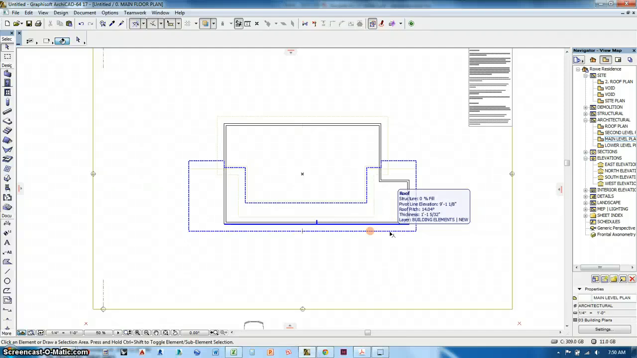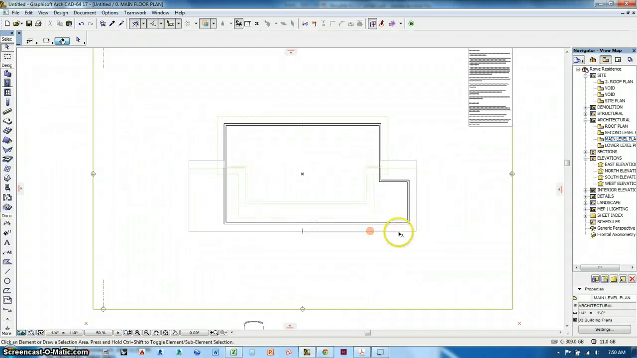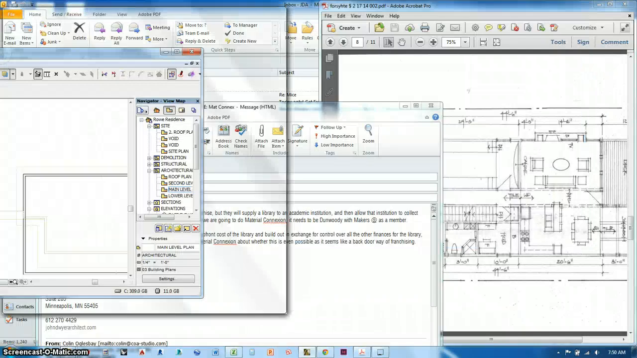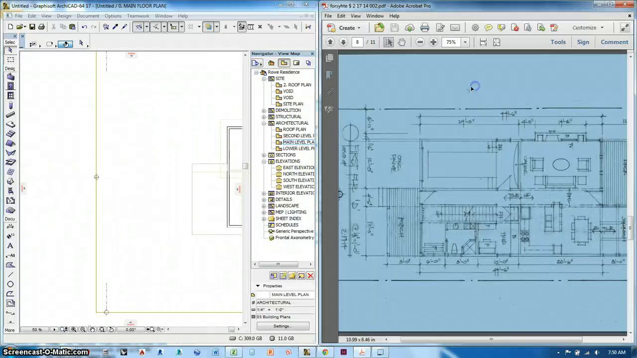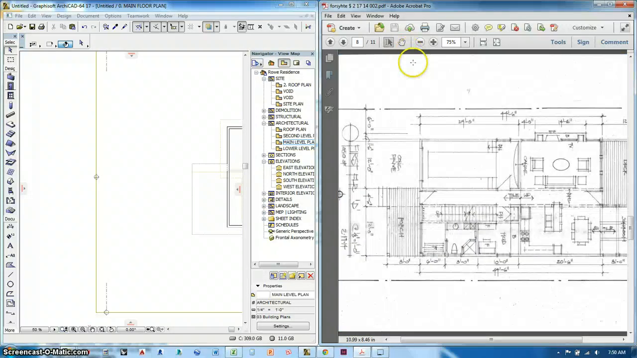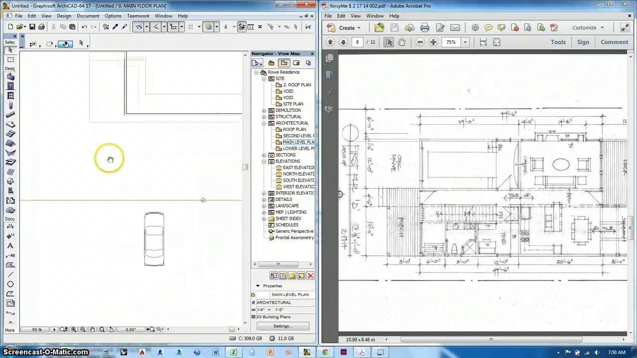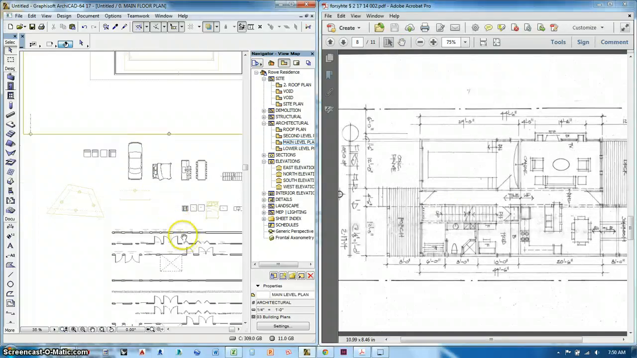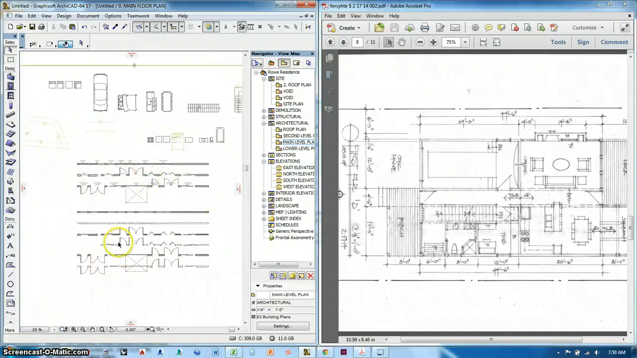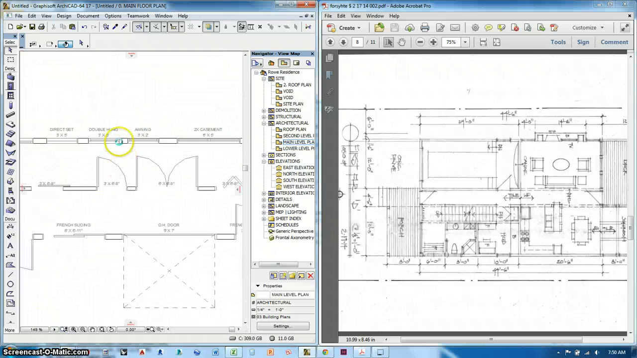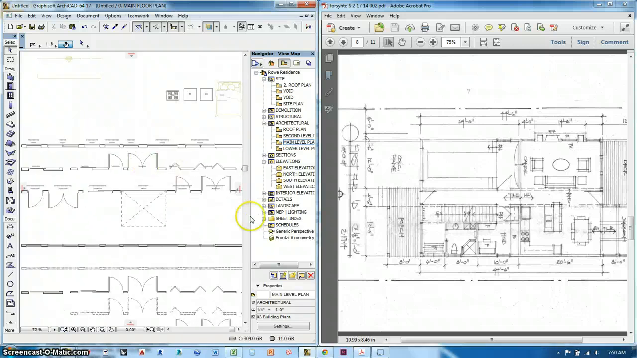Part 3. Windows, doors, other fun things. Okay, so as you can see down here, I'm just getting my plan open here so I can see what's going on. Down here I have all of this cool stuff hanging out. So any of this stuff you can use your pick tool on and pick it up. So I usually start by doing windows that are